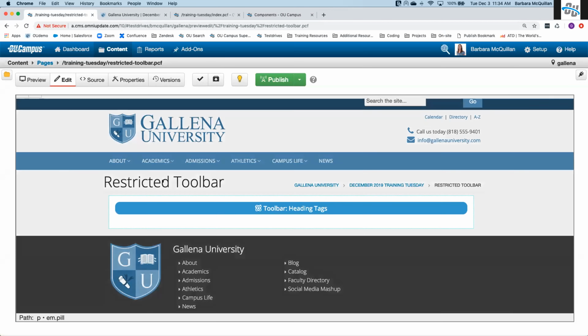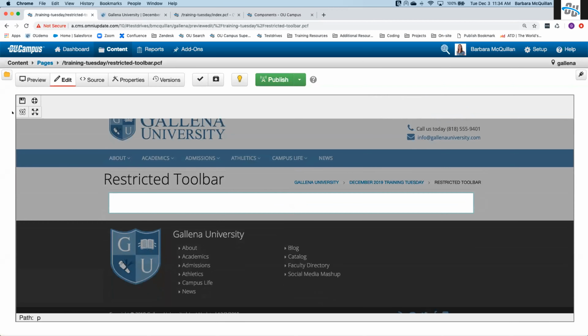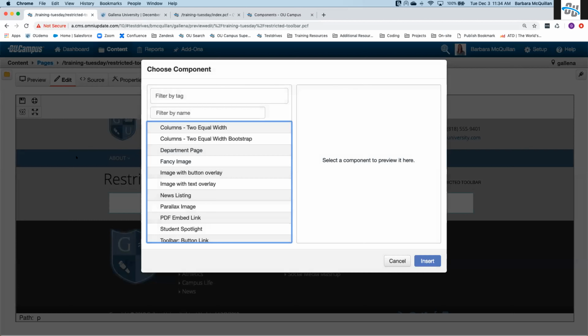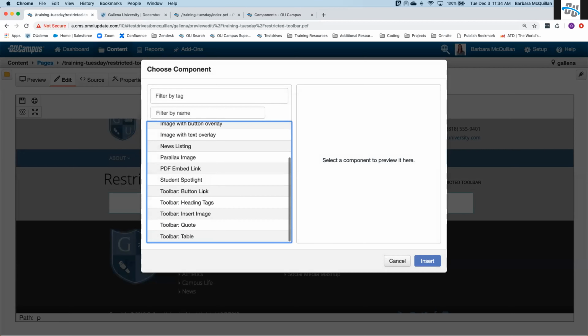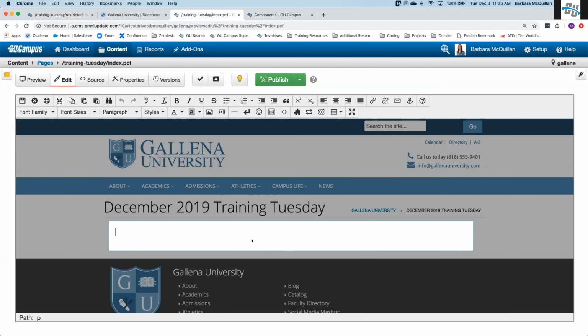Back to my restricted toolbar, what else can we do? We can do so much. So opening this up here, maybe I want to create a button. So inside the editable region, I can create a link and then add a class to that link. But as you guys are probably aware, when I'm creating a link,